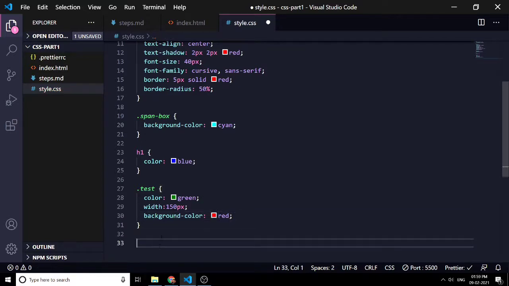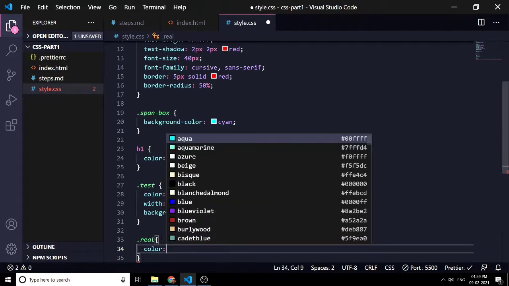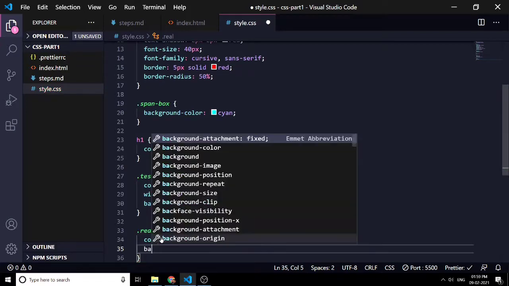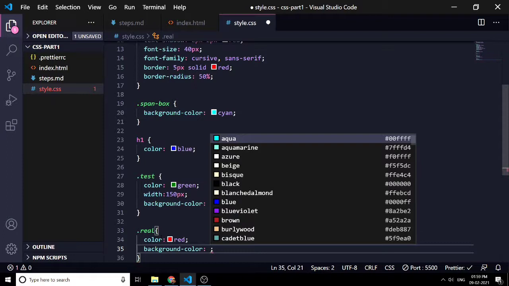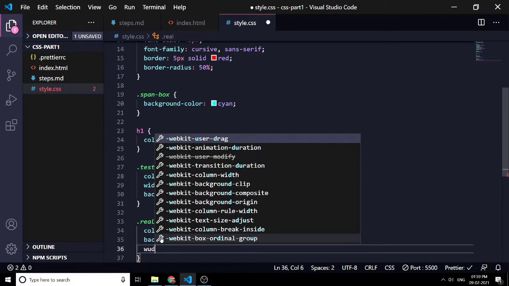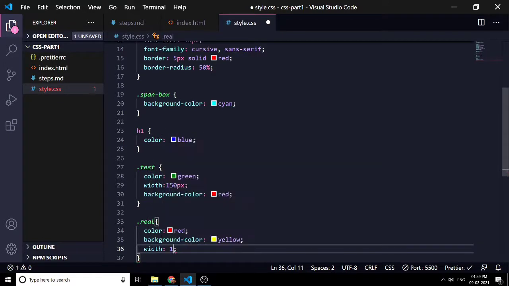And now our real one, a color of red, a background color of yellow, and a width of 150 pixels.